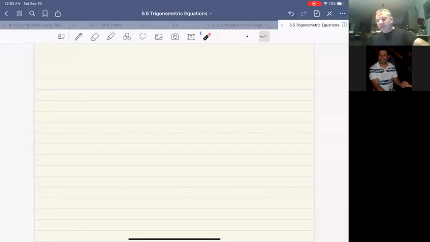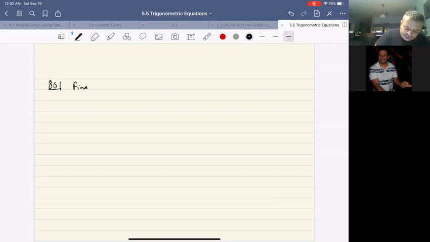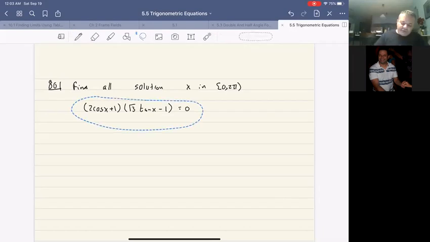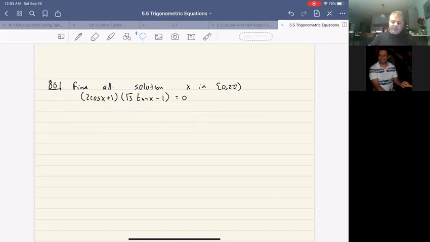All right, the next problem we're going to go ahead and solve is: find all solutions, again, x in 0 to pi. That's 2 cosine x plus 1 times square root of 3 tan x minus 1 equals 0. Okay, so here the main idea is that when we multiply two